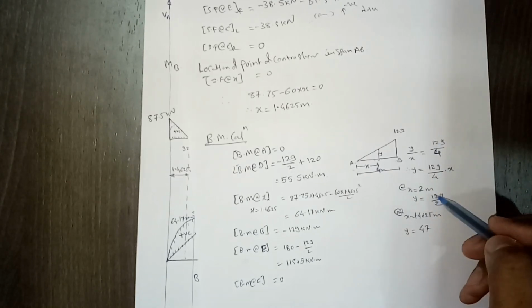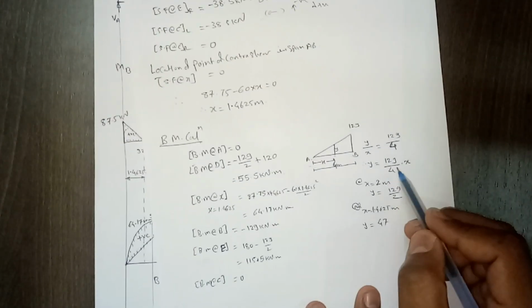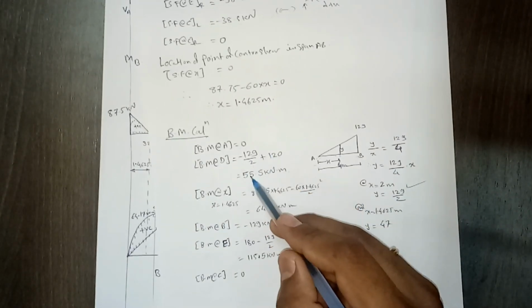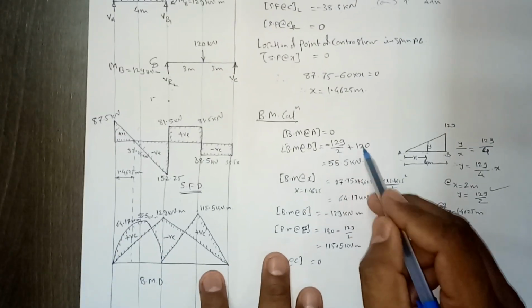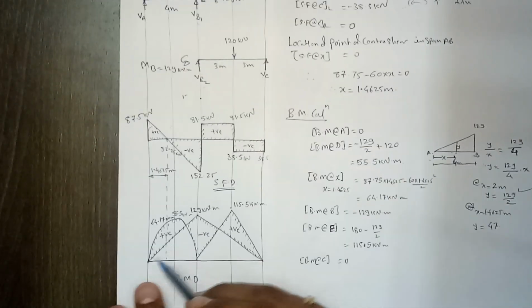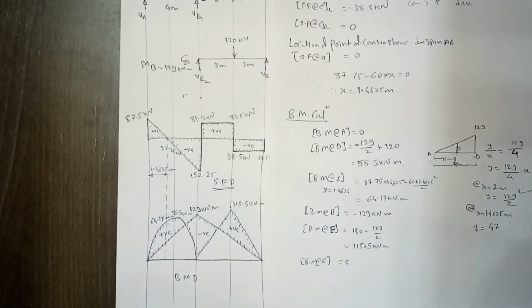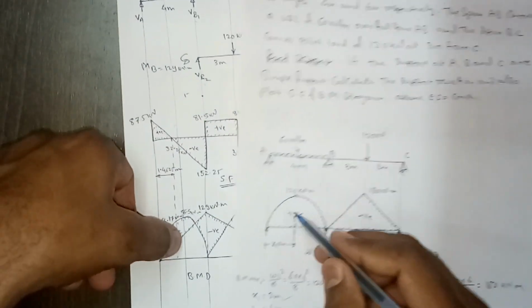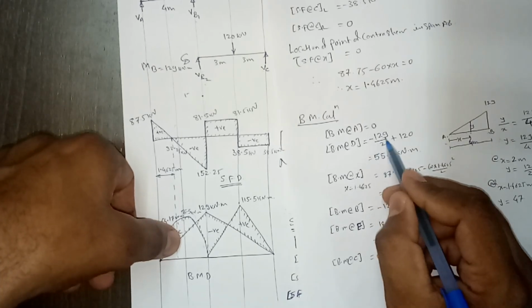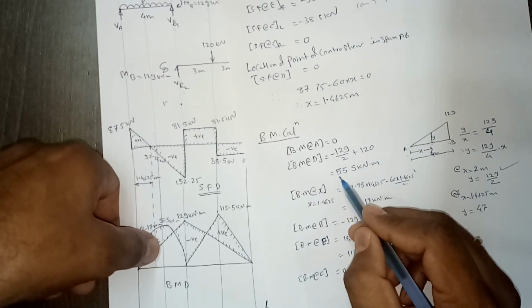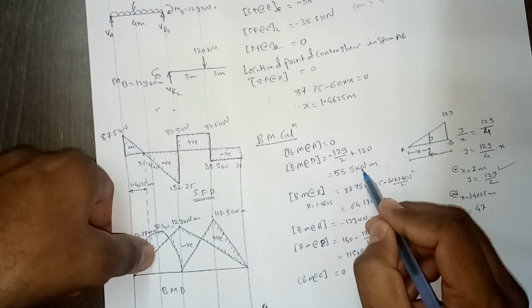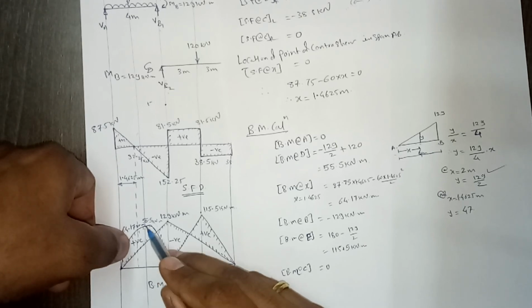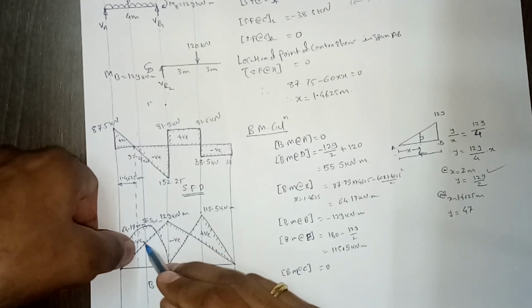Or you can simply do this interpolation: write down the equation in terms of x and substitute x equal to 2, and you will get the same answer, right? So then we get the final bending moment, positive plus negative, that will be the resultant bending moment. At point D, the maximum ordinate was 120, and for this negative it is half of 129, so the resultant value will be positive 55.5 kilonewton meter, right? So that's how we can calculate this bending moment. This height is 55.5 kilonewton meter.